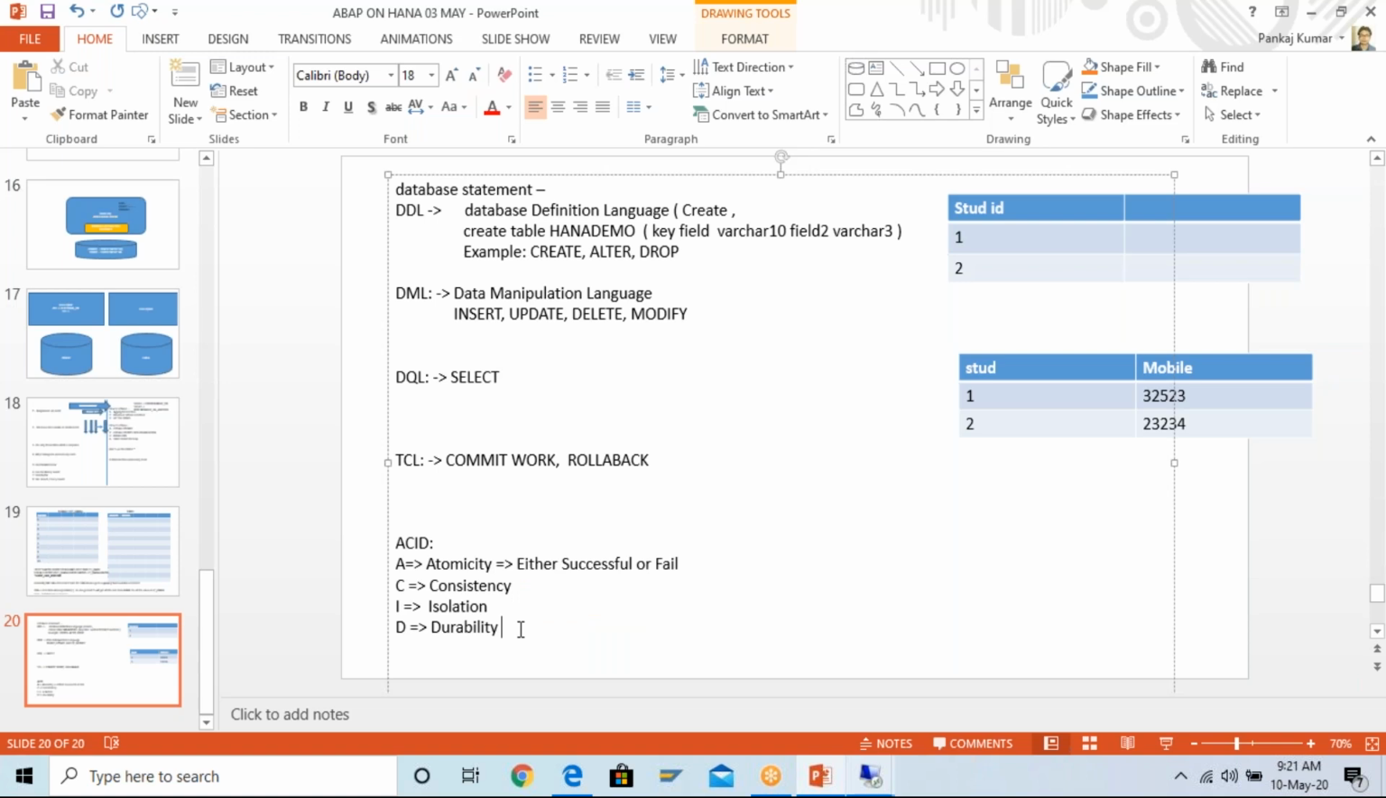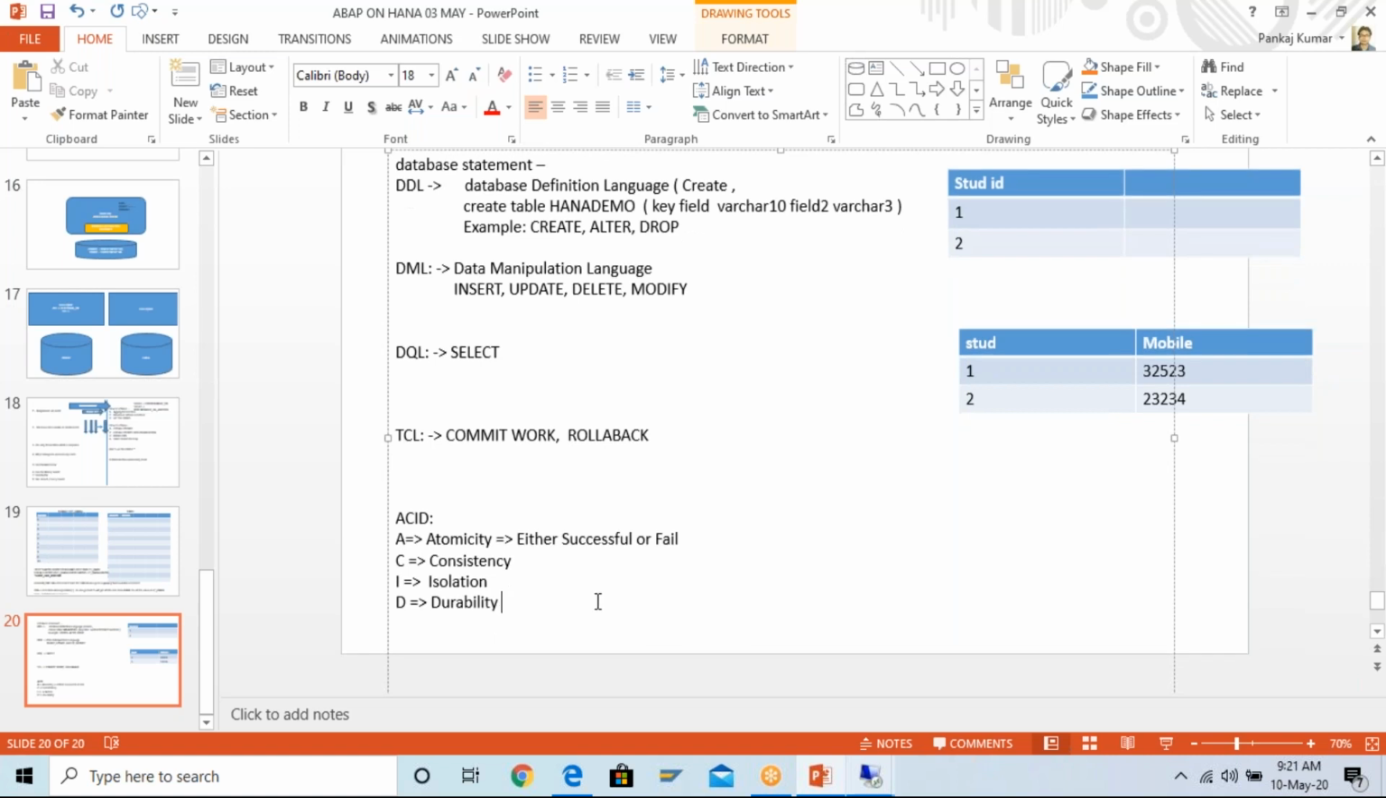Whatever you have saved over there, even if the database shuts down or the database fails, whatever data you have saved must still be there. Okay, so TCL, whenever you are going to perform a TCL, suppose this is your TCL,